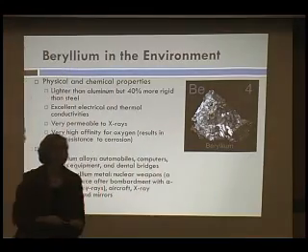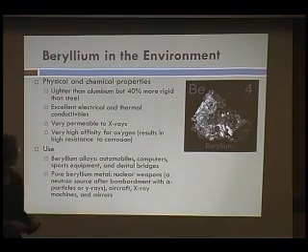So beryllium is found in the natural environment, kind of like uranium. You can find it in many places, and it's very light, like aluminum, but it's very strong, just 40% more rigid than steel. And so it ends up being used in automobiles, computers, and of course also nuclear weapons, aircraft, X-ray machines, and mirrors.